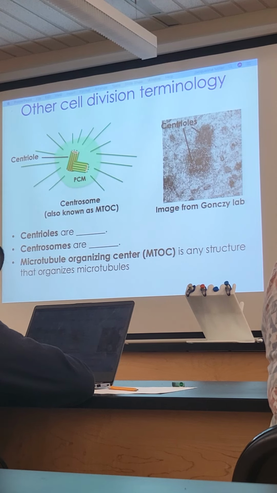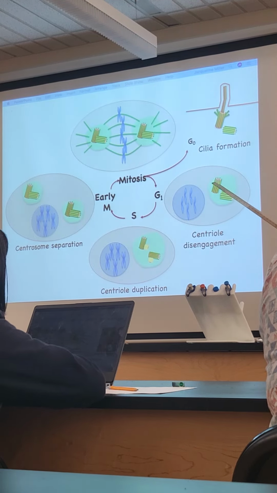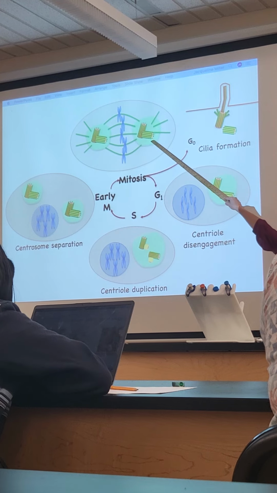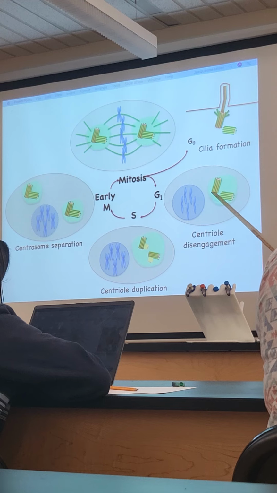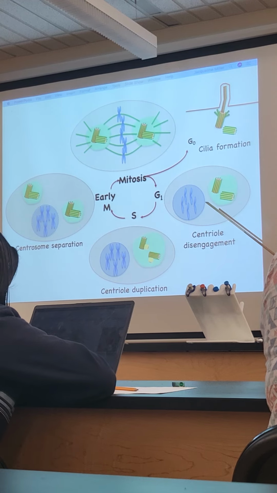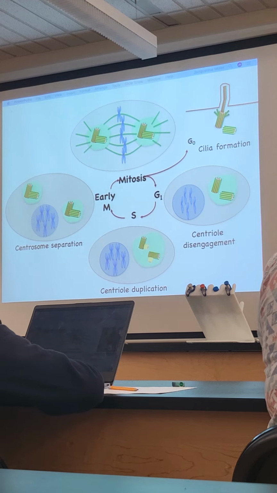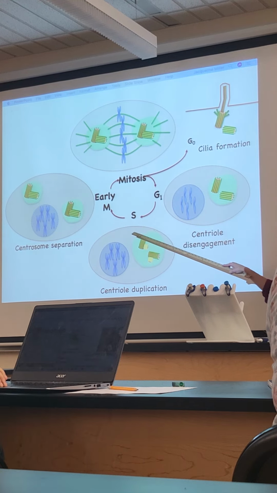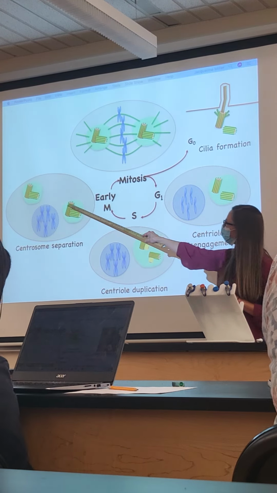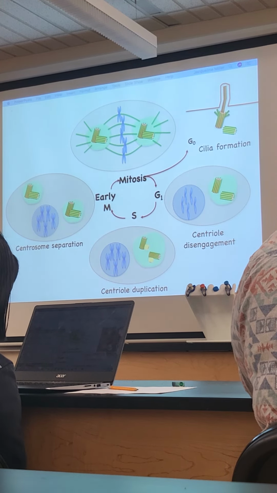I think I have a slide that shows how this happens. So this would be during metaphase. When you go to G1, you can see that that attachment between the two has fallen apart. And each one of these is now licensed to be able to build a new daughter centriole. And that happens in S phase. And then in early mitosis, they start to move to opposite poles, where they're going to serve as a bipolar